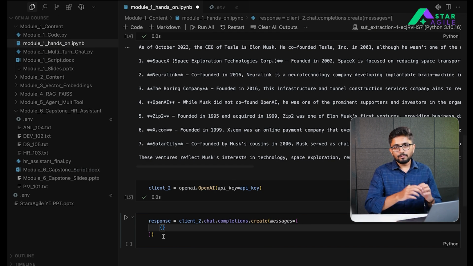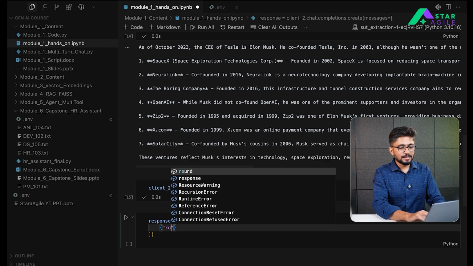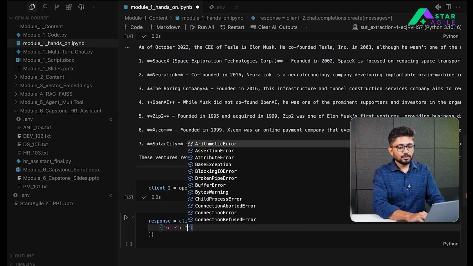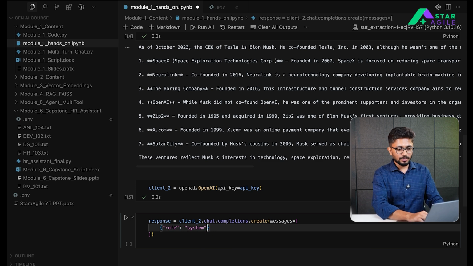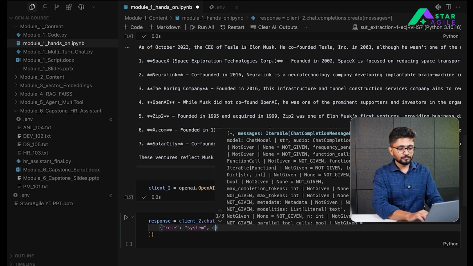Okay, so whenever you want to assign any certain role to a large language model, the first thing that you have to do is basically set the role keyword to a system. So the system role basically assigns the large language model the idea or the behavior or how it needs to respond to any user messages that are followed up. Okay, so in this particular case, within the system message, you are basically going to pass the content